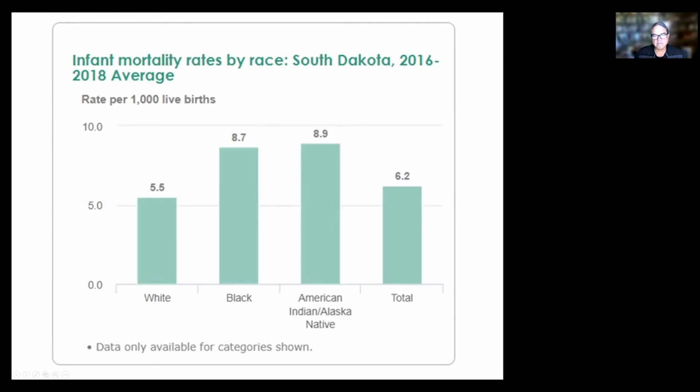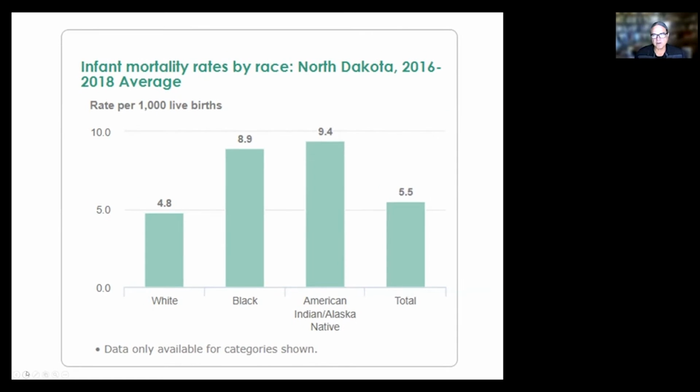Not surprisingly, we also have a lot of infant mortality disparities. So I used to be on the board of trustees for the March of Dimes. And with the March of Dimes, we are looking at data related to both maternal and infant mortality and morbidity disparities. And in the state of South Dakota, we can see that the infant mortality rate is significantly higher for American Indians and Alaska Natives as compared to the white population. So 8.9 infant deaths per 1,000 live births as compared to 5.5 for the white population. And that's the state of South Dakota, where I am from originally.